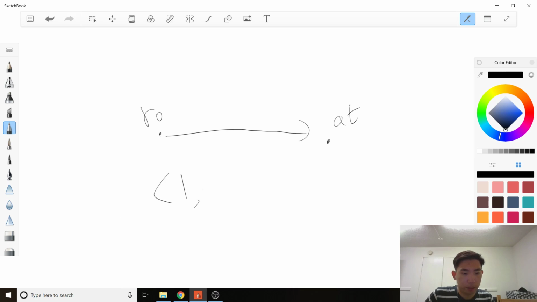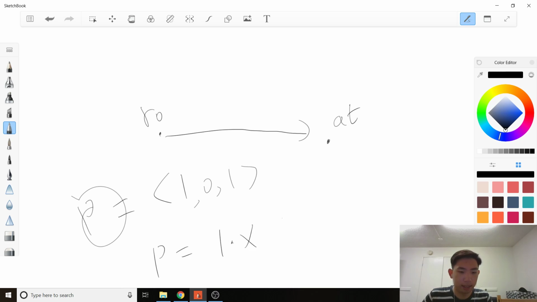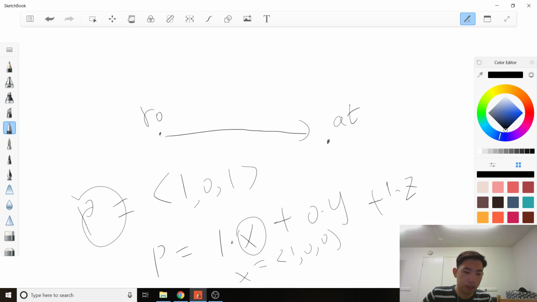When you write a vector in a 3-element form, what this really means is that this point P, if you start from the origin, you go along the x-axis by 1, along y by 0, and along z by 1, and stop. That's the position of P. So implicitly, P's position is really 1 times x, 0 times y, and 1 times z. However, the default x is just going to be 1, 0, 0,